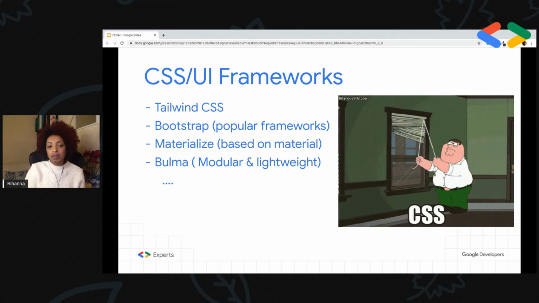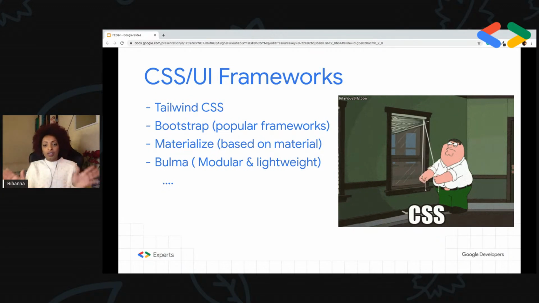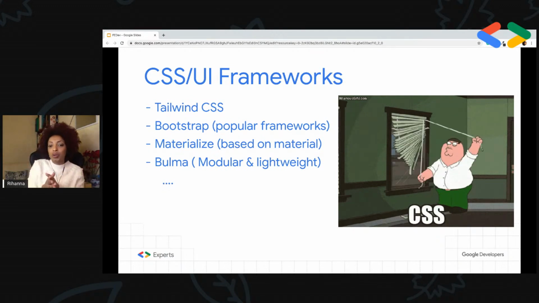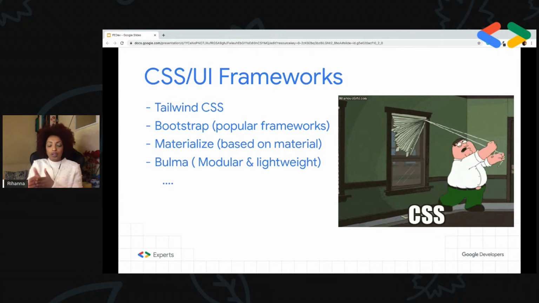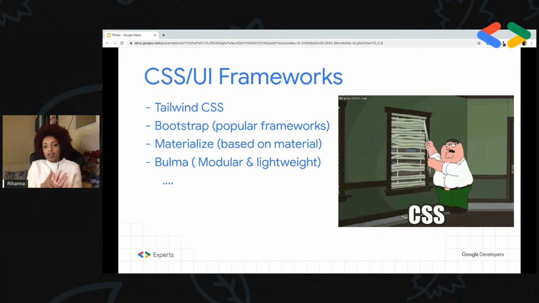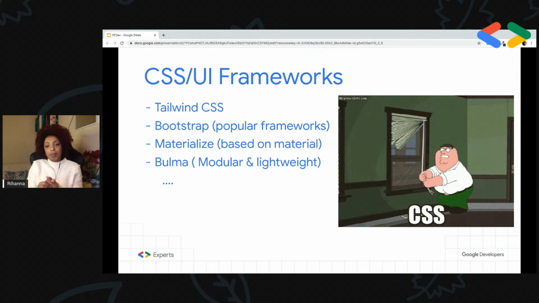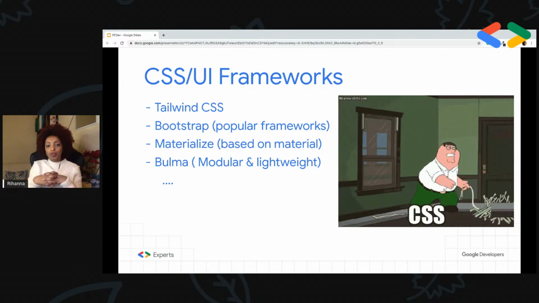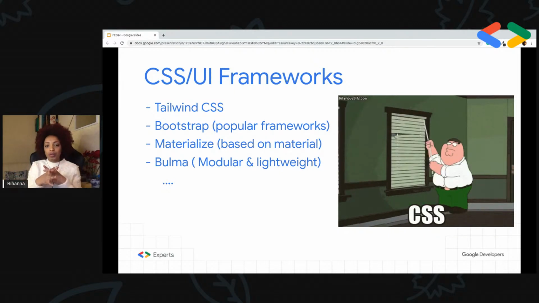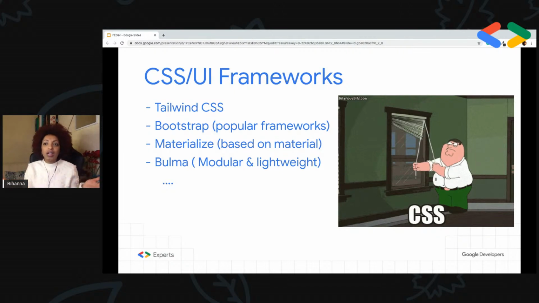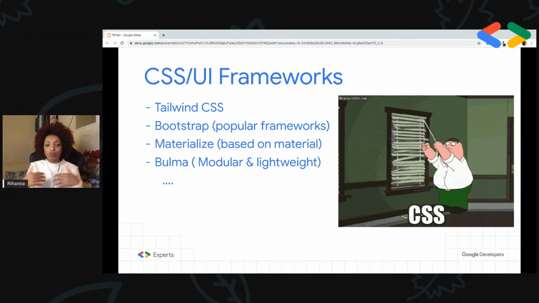Here are the lists, but there are others. Bootstrap could be the one that has been used the most over the past years, so you could find more templates for Bootstrap than templates for Tailwind or Materialize. But anyway, we have choices.